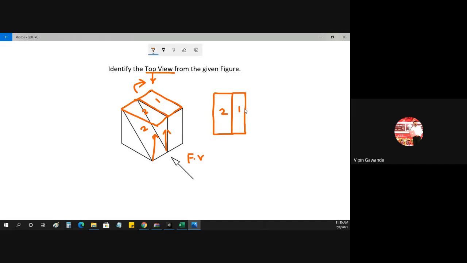One will go on the left hand side. Be careful about this one. This corner is on the left hand side. This corner is on the right hand side. So this corner is here, and this corner is here. So one surface is on the left hand side, and two surfaces on the right hand side. In the top view, you have to tilt 1 and 2 in the direction of the arrow, like this. When you tilt that, you have to make these two horizontal surfaces vertical. So it looks something like this. So in the top view, we'll get two rectangles, 1 and 2.